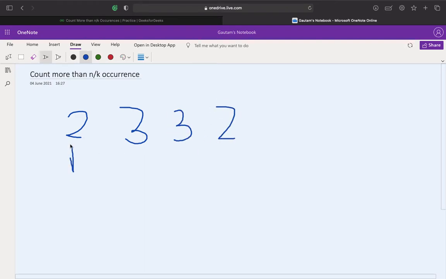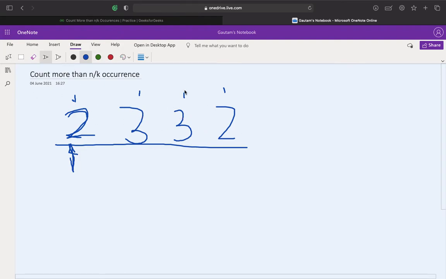We'll start with position 1, and we'll check in the whole array how many times 2 is present. So we'll go through index 0, then 1, then 2, then 3, and we'll keep on incrementing the count, and if the count is greater than n divided by k, we'll increment the actual count, right, and we'll do the same for this one.